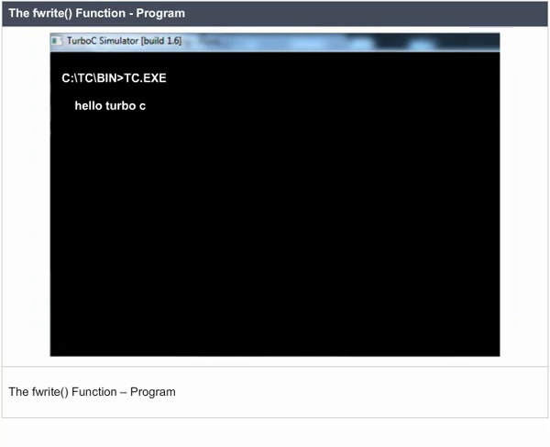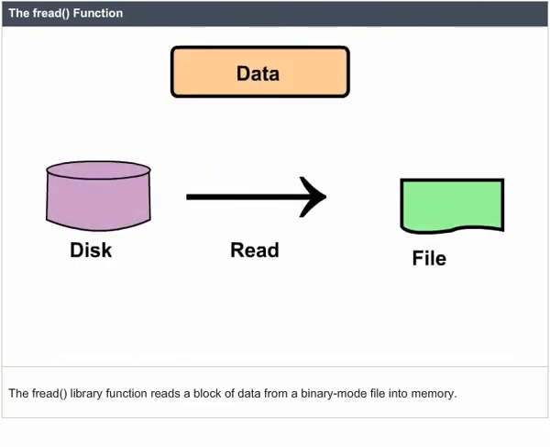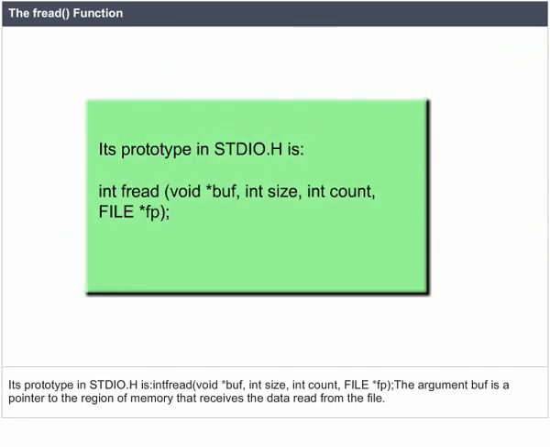The fread function. The fread library function reads a block of data from a binary mode file into memory. Its prototype in stdio.h is int fread(void *buf, int size, int count, FILE *fp);